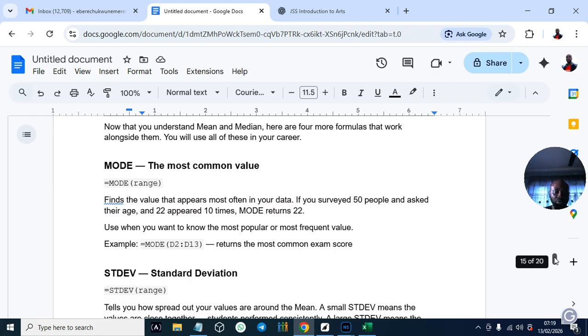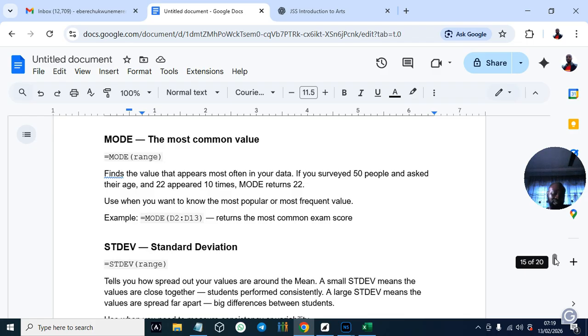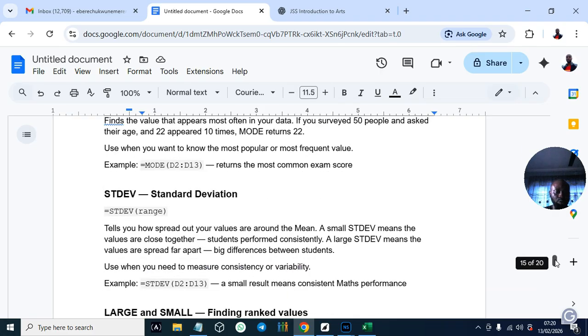So the one that appears most is the mode. Use it when you want to know the most popular, the most frequently valued. This is what is normally used in data science. Example: equals MODE D2 to D13. It returns the one that appears most.